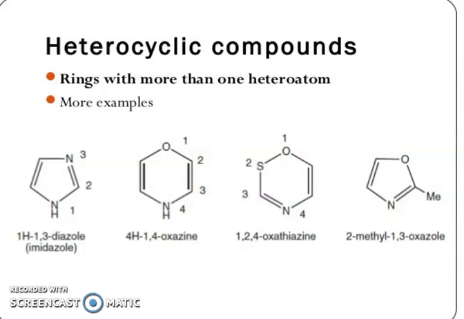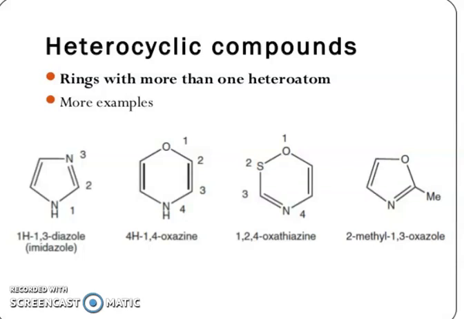Now here you can see oxygen, sulfur and nitrogen are there. What is the priority? Oxygen, then sulfur, then nitrogen. So 1,2,4-oxa. Oxygen is different, sulfur is different, nitrogen is the third atom, so you have to give the positions of the 3 atoms, 1 to 4. Now you have to write the name: oxathiazine, with 3 atoms, oxa, thia, aza, and -ine for 6-member.